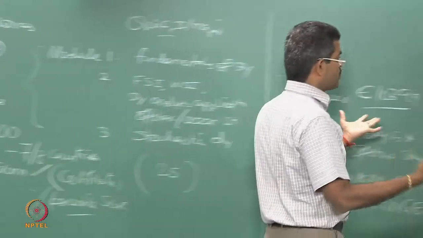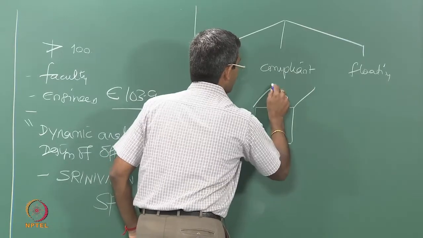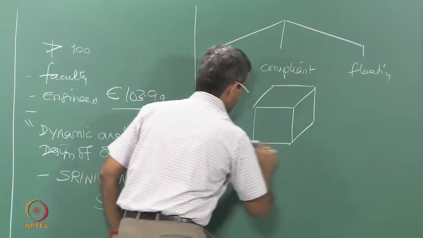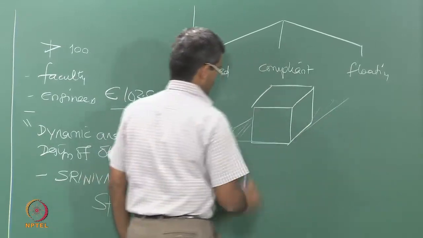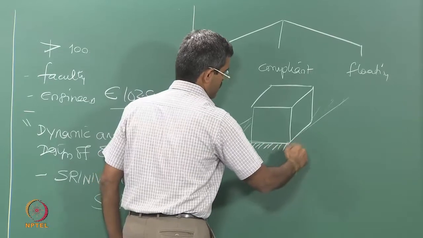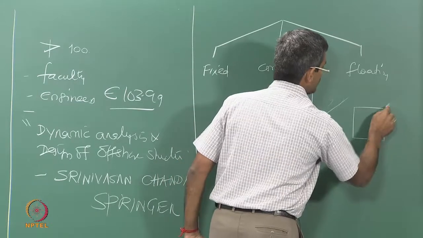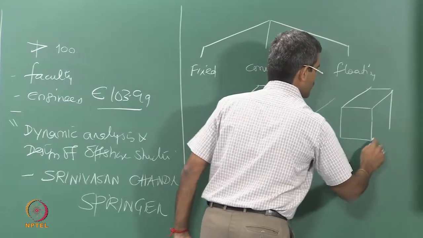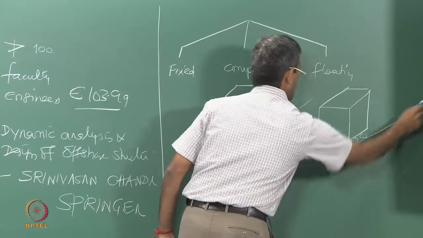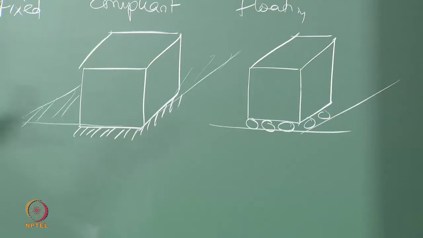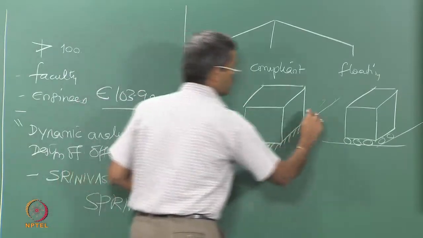For example, I have a bluff body, maybe a cube which is resting on the floor, which is considered to be fixed, and a cube which is resting on rollers. When both the cubes are pulled or pushed by some force of some magnitude, maybe static